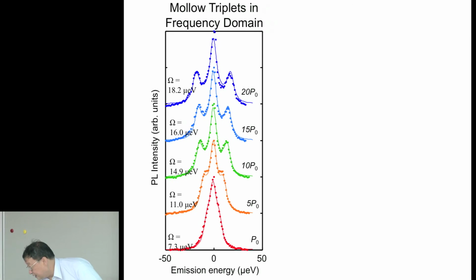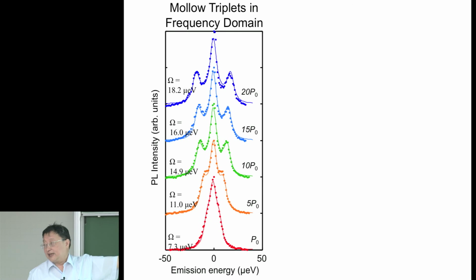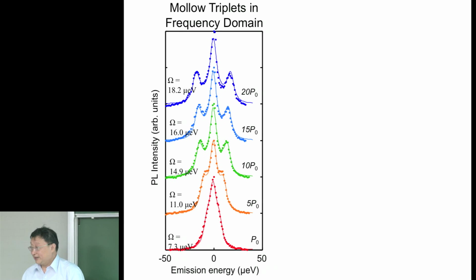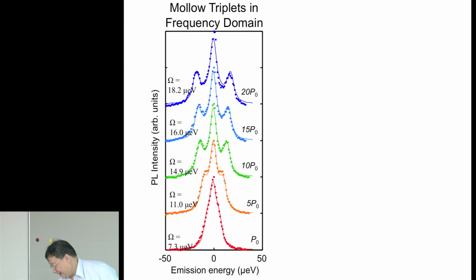Let me see, I had this paper published in Nature Physics, and then in the same issue of Nature Physics, you see another group also seeing Mollow triplet, but they have to look at it in logarithmic scale. Okay, they have to plot this in log scale, and their main band shoots up about 2 or 3 orders of magnitude above the sideband. You know what that means? It means their laser scatter background is still about 100 times the emission. And in this case, it tells us the laser scatter background is 0. Okay, so now